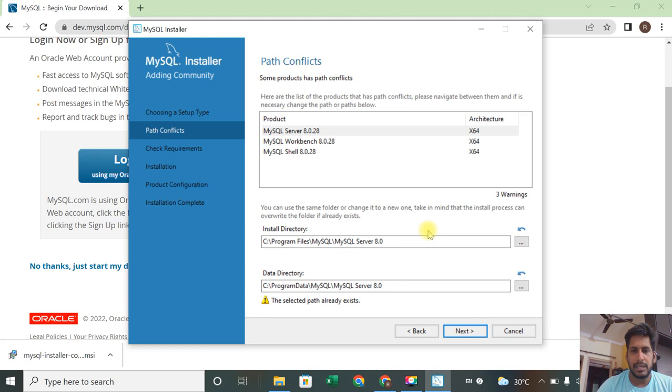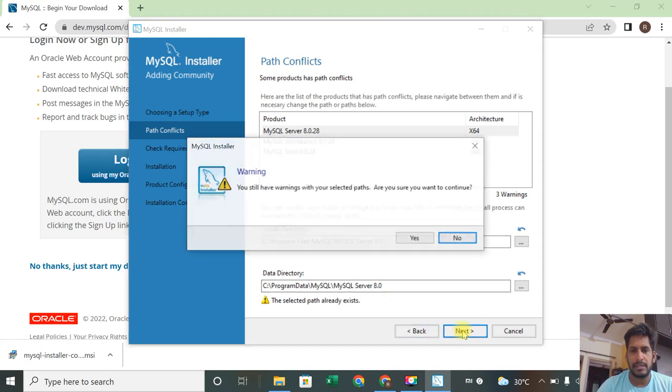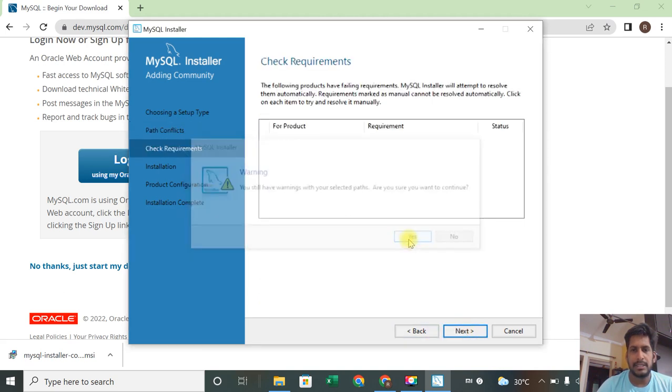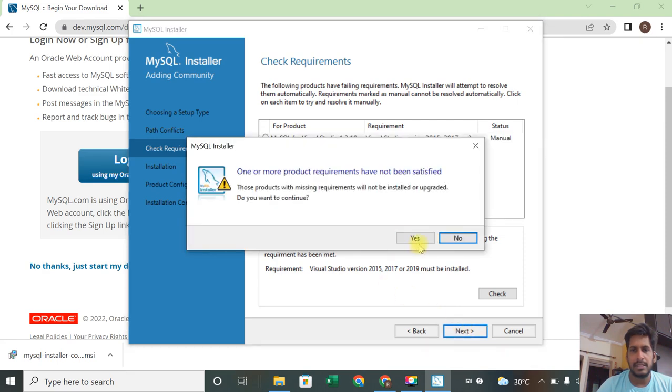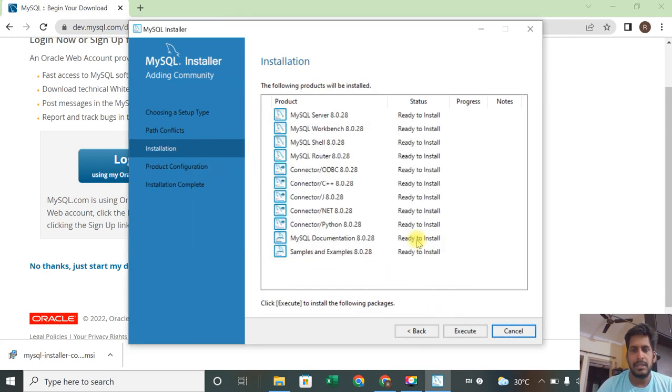So it will start. I say okay, next. I say yes. I select. I say next. I say yes. I say execute. Okay, we start installing one by one, like server, workbench, shell, router, like these connectors for the